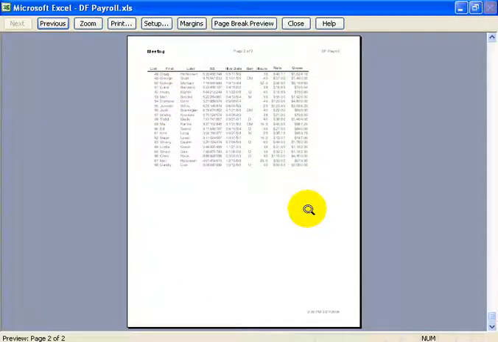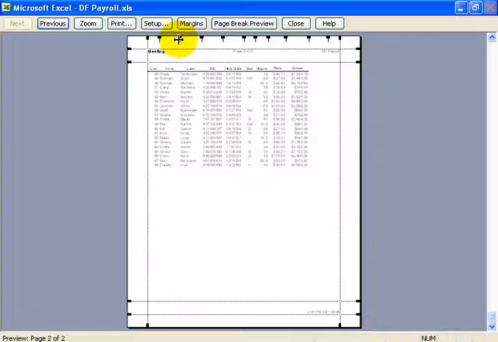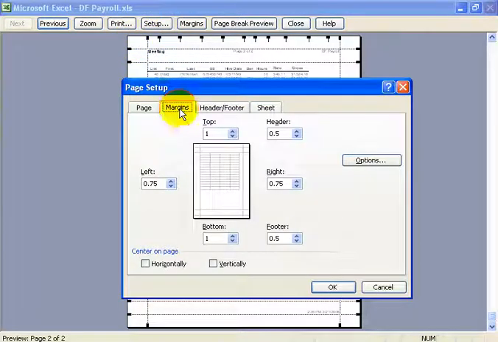Finally, if I want to change my margins here, I recommend clicking on the Setup here. You could click on the Margins button here, but what that does is it opens up these lines. You can click and drag manually your margins. I'd rather type them in numerically, meaning that when I click on the Setup, I go to the Margins tab, and I say instead of 3/4 of an inch on the left-hand side, I'll do a 1/2 inch, and you can see it starts moving this margin to the left-hand side in the screen behind us,